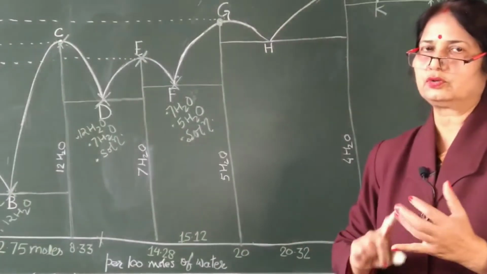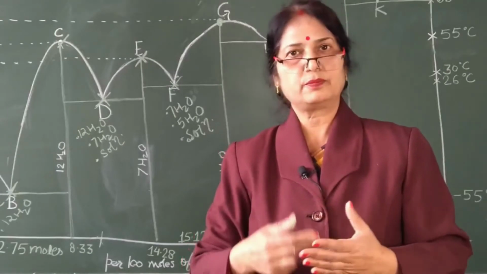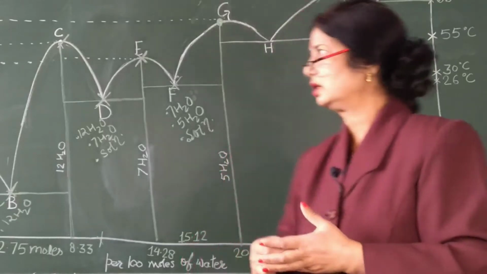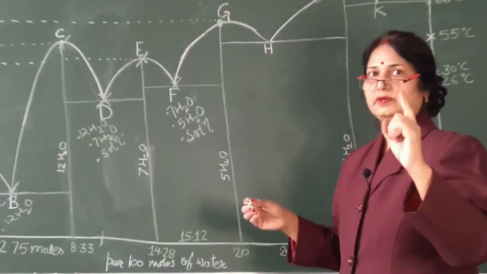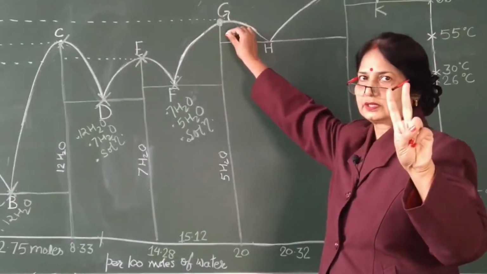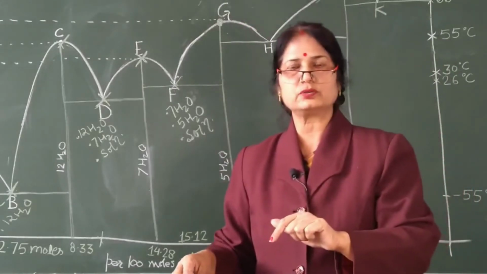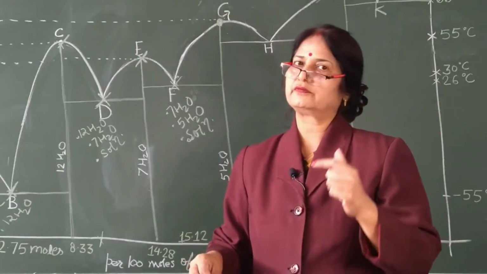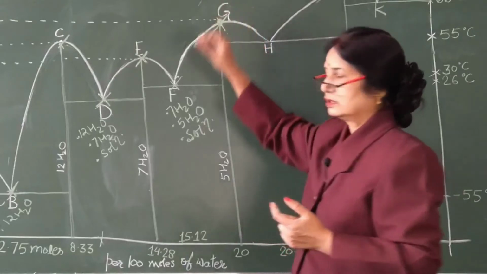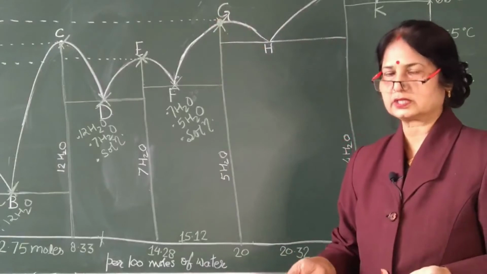Here we will be having two phases, the solid pentahydrate and the liquid pentahydrate. They both will be having the same composition, which means there will be only one component at this point G and two phases. And when there are two phases in one component, if we apply the reduced phase rule equation, then again the degree of freedom will come out to be 0. This means this point G, our third congruent melting point, will be invariant or non-variant, since the degree of freedom